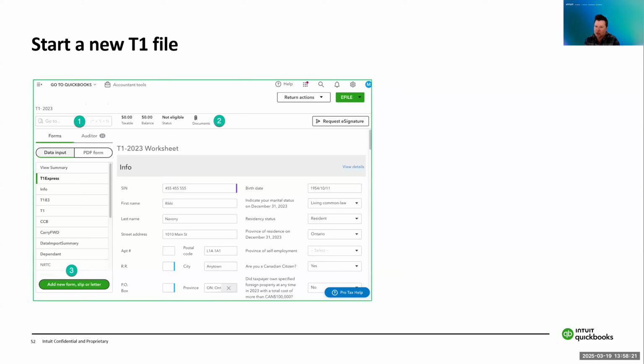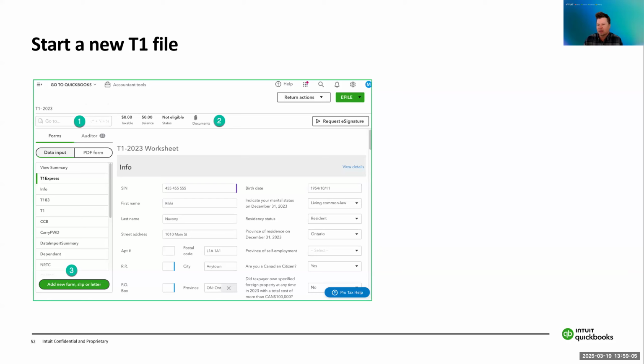Number 2 shows documents. So you can attach documents to any client's tax return. Really, really handy and powerful part of ProTax. So if you have a self-employed client and you have a printout of their P&L and you want to attach it, or certain information on your client that relates to this tax return, such as donation receipts, medical expense receipts, things like that, you can attach all of those to your client's specific tax return.